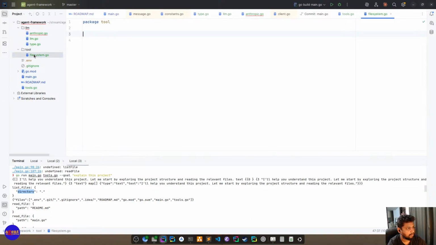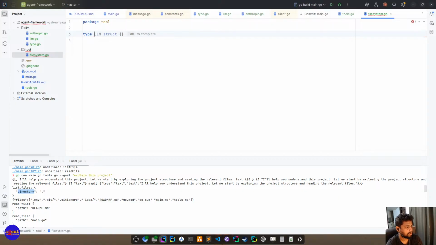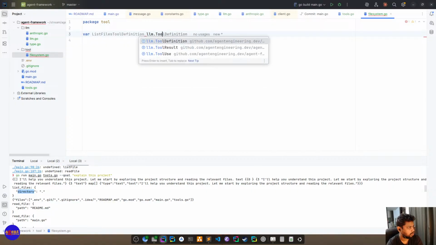Right, so we have tools, file system tools. Right, the first type of list files. Right, this is a type dot tool definition.